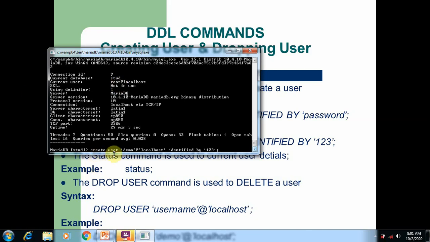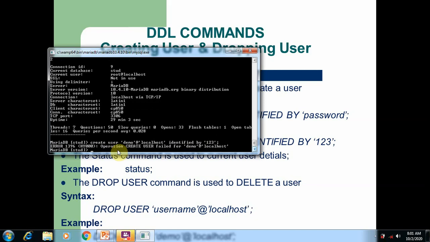Create user. Here you can see the spelling mistake. User, space, then within single quotation marks type the new username which you want to create. Then use the @ symbol and, within single quotation marks, type localhost if you are using MySQL on a standalone computer, and identified by, and then give the password within single quotation marks.